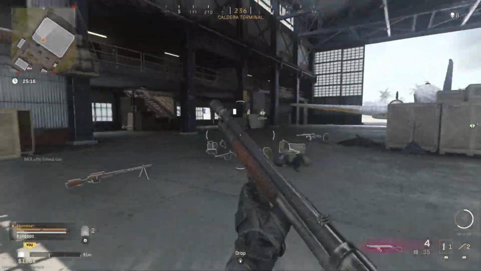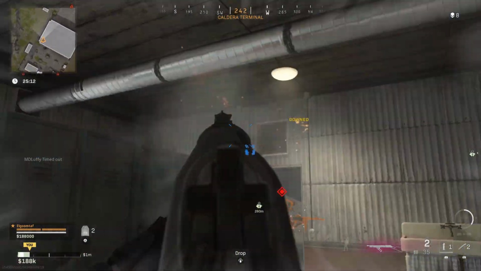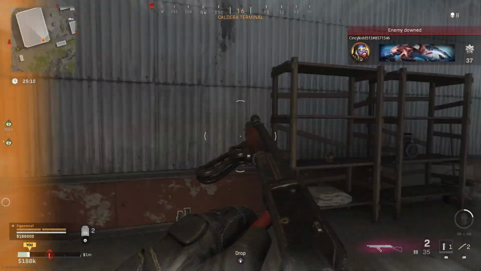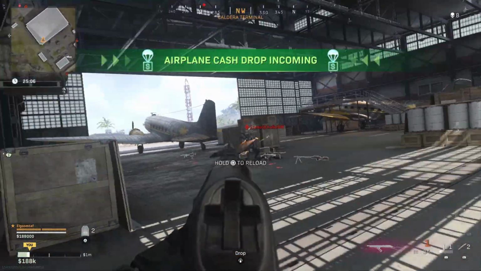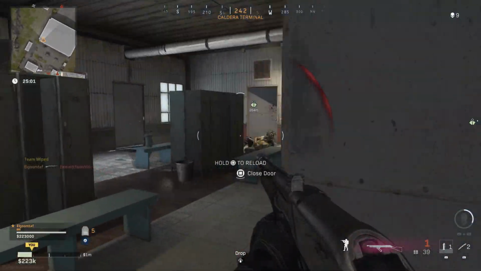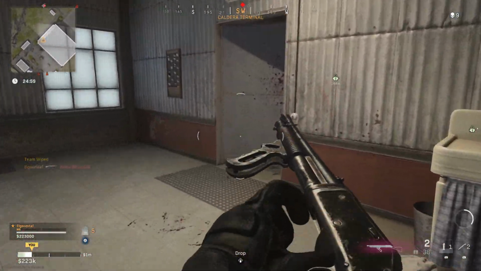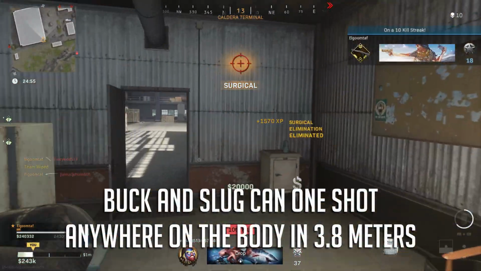So without going into all the attachments like it's a full-blown guide, let's just talk about this setup in particular. Some of you probably already know about this, but if you use Buck and Slug, you basically unlock the gun's one-shot kill potential along with slugs, but that's a topic for another video. Buck and Slug has a base one-shot kill range. Again, yes, this is a shotgun with a one-shot kill range of about 3.8 meters,